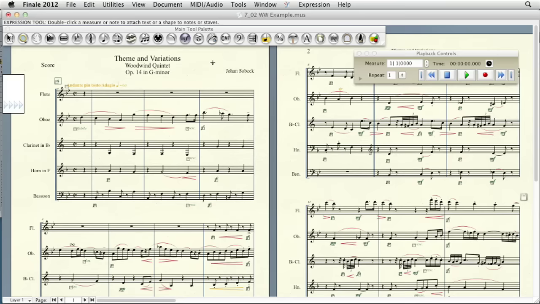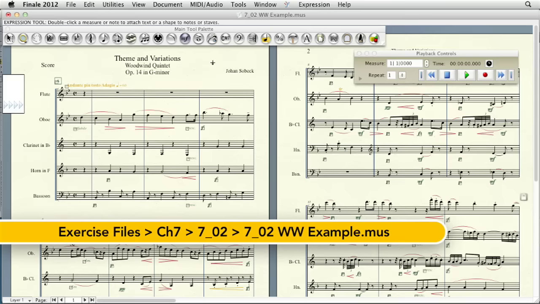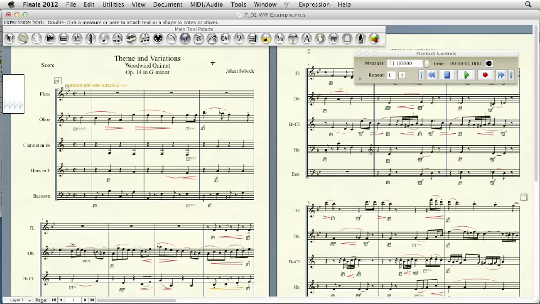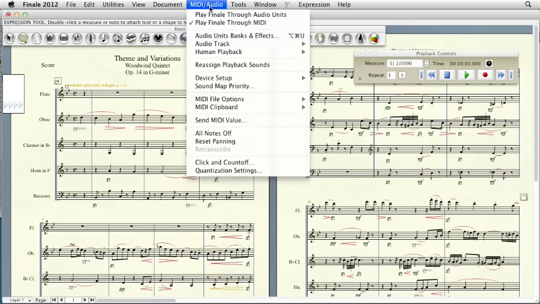For the most part, I use Finale as a notation program and not as a music production application like Logic or Pro Tools. That said, the sounds available and the ability to adjust the performance in Finale are improving all the time, so it's definitely worth a closer look. So if you would, go ahead and open the 7.2 Woodwind example file, and let's click the MIDI Audio menu,